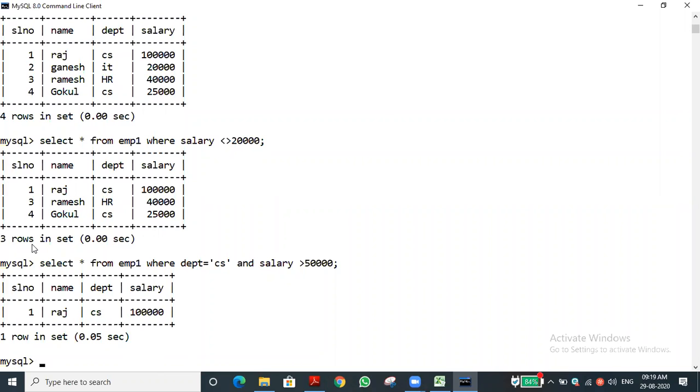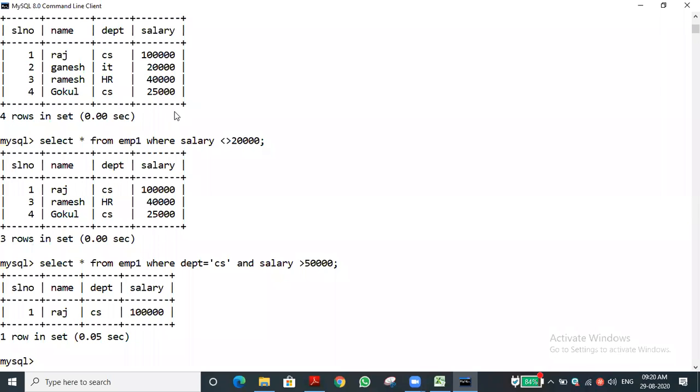What is the query for that? Once more, I will tell. For example, the owner of the company visited the salary list, then he gives one command to the accountant: give 5,000 to the people who are getting less than 25,000 salary. Give 5,000 hike for them, that is an increment for them. So what is the query? Have you understood this one?